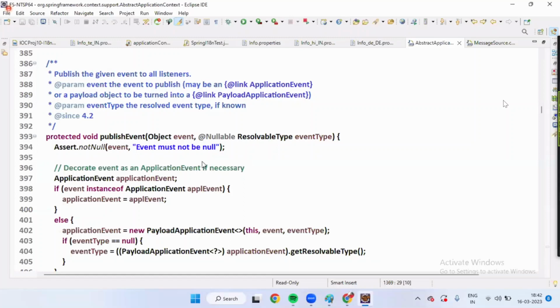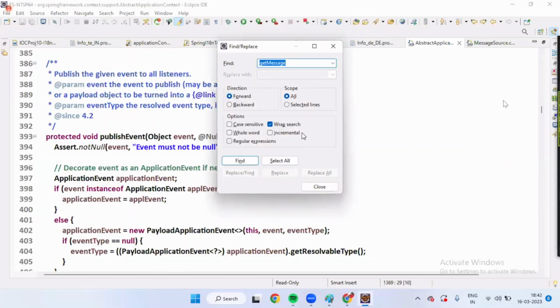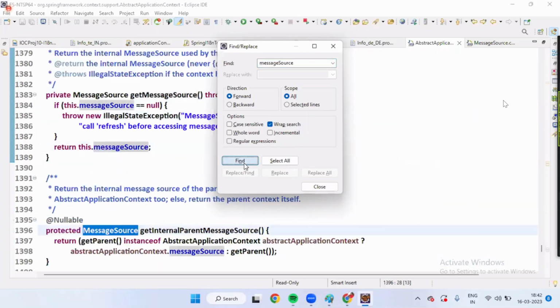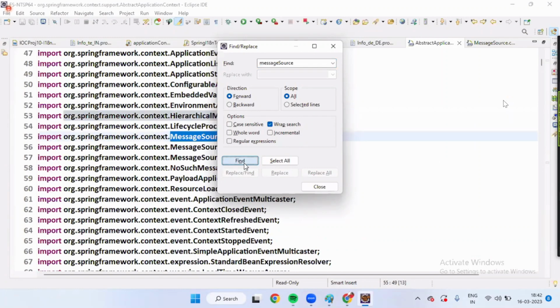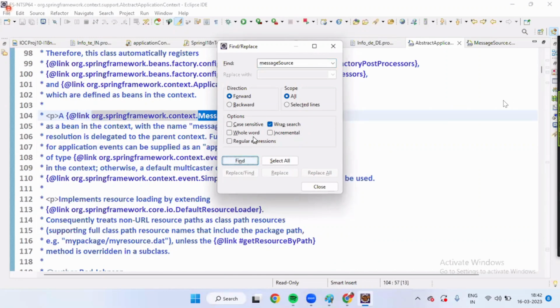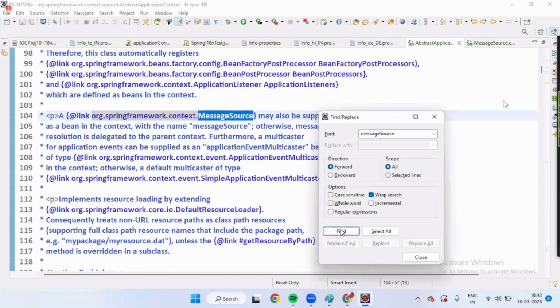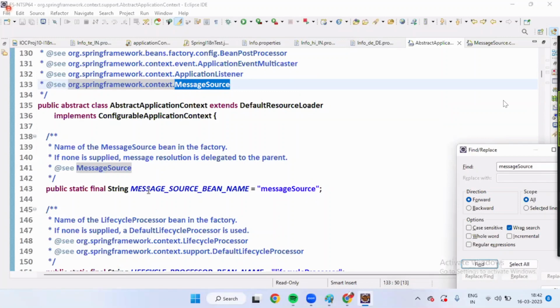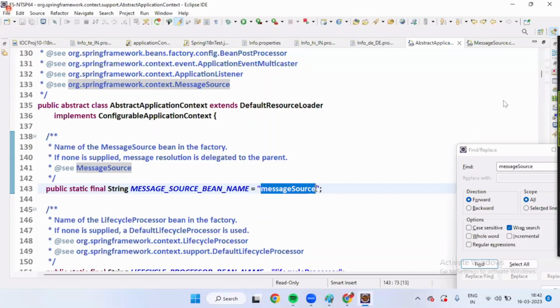Control F. Message source. Wait a minute. Message source. Yeah, look at this. Message source bean name. Message source. Is it there now, boss? Fixed bean ID. And if you look at this constant, guys,